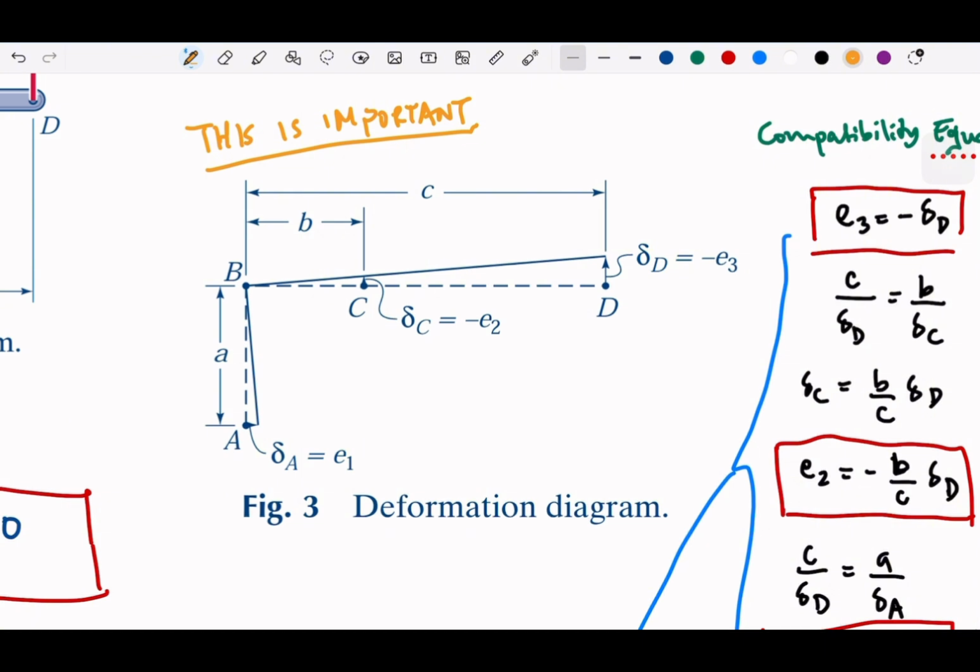So whenever you see any geometrical shape that is related to triangle, it means that you are forced to use that ratio of the triangle. Every time you see any problem in our mechanics of materials, we are considering geometric shape as one aspect that is really important. So whenever you see any triangle in your problem text, it means that you need